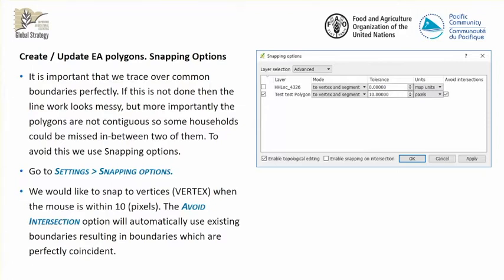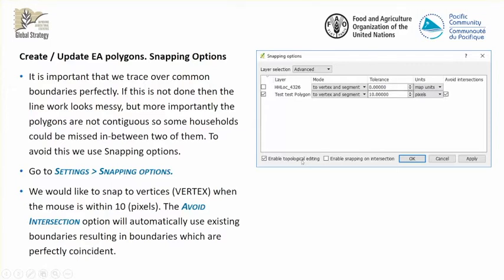If it's in meters, we will use like 10, 15, 100 meters. But when it's in degrees, it's hard to remember how many kilometers a degree is. So just set the snapping options like this. We click on the polygon layer, vertex and segment, 10 pixels. And then we click on avoid intersection